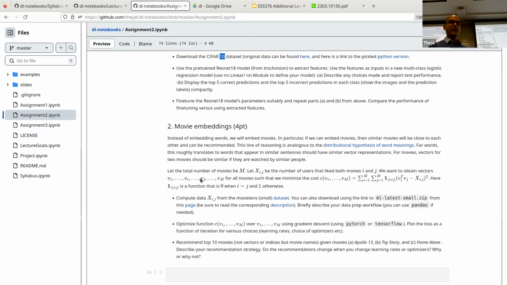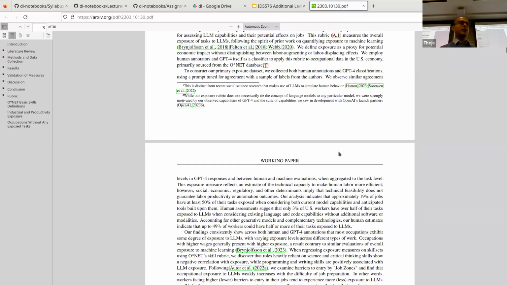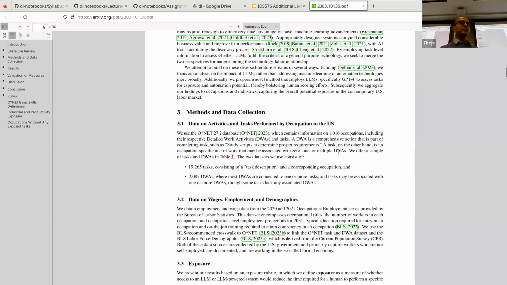Okay. Before that, I just wanted to show another thing, which is this paper from August 2023. It just says GPTs are GPTs, an early look at the labor market impact potential of LLMs. There may be newer papers now which have a much better analysis of this. But one of the interesting figures in this paper is